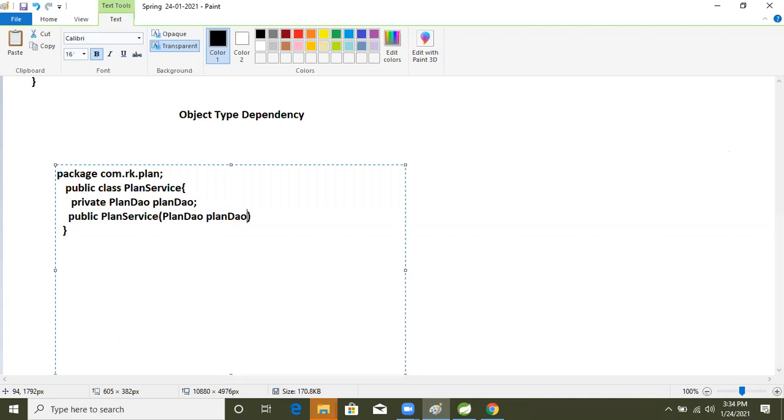Inside that, what we will do now: this is our class, this is our object, meaning this.planDAO equals planDAO.